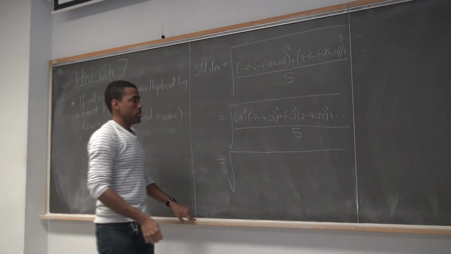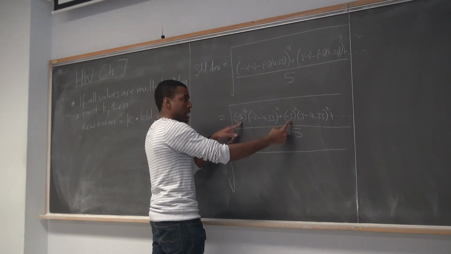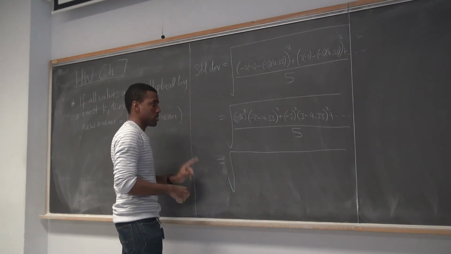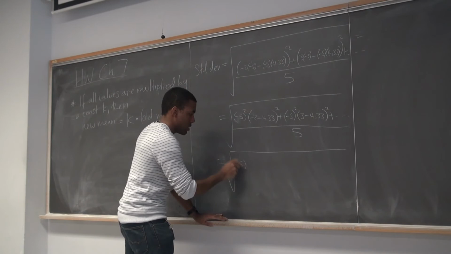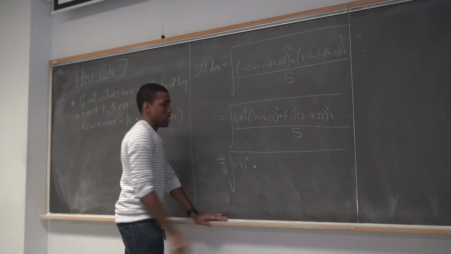So let's see how this would be. Now I can literally factor that -5 outside all the terms. So this is -5 squared times